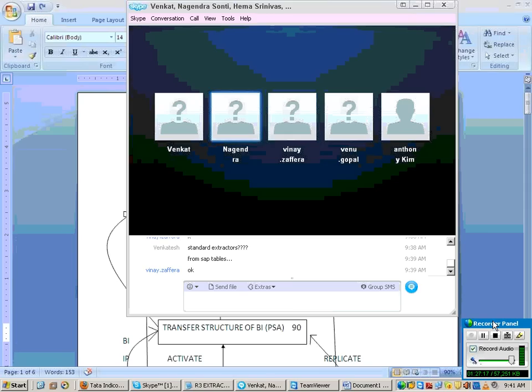In the business there will be a link between all the departments. Yes, definitely. Fine then.